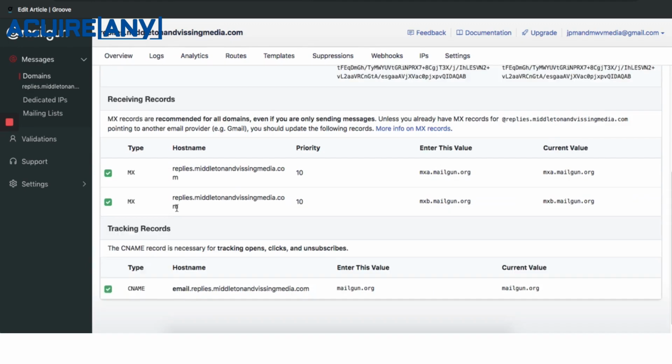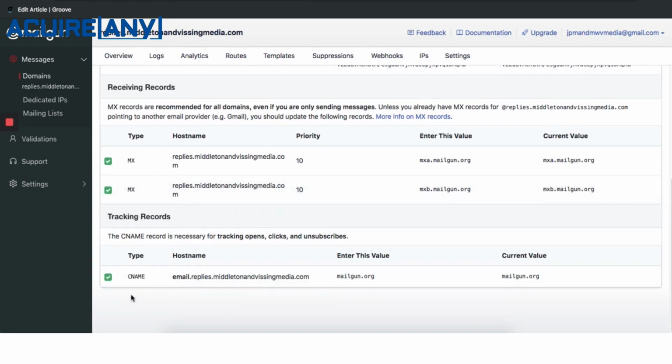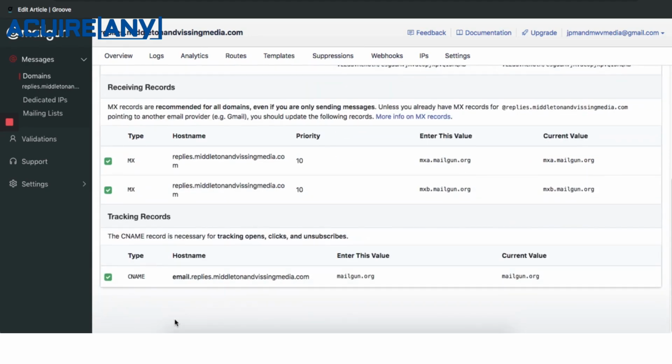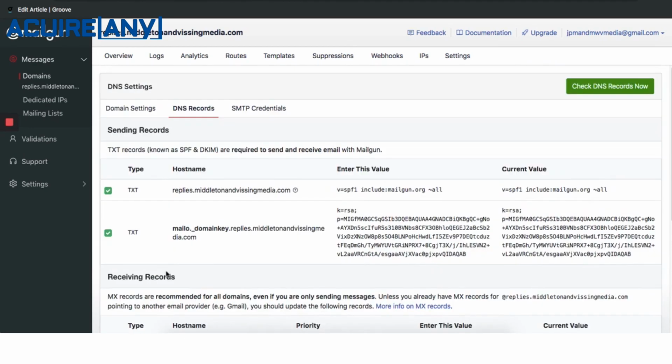So this time around, actually, I only had to click Verify once. I've seen it before where you have to click Verify like 3-4 times before these all go green. So that's just a little tip. If it doesn't work the first time around, just click that Verify button 3-4 times, and that might fix it. So watch the next video to see how we're going to connect MailGun into